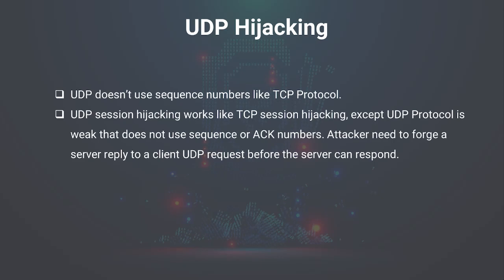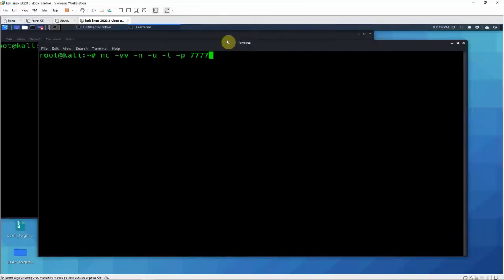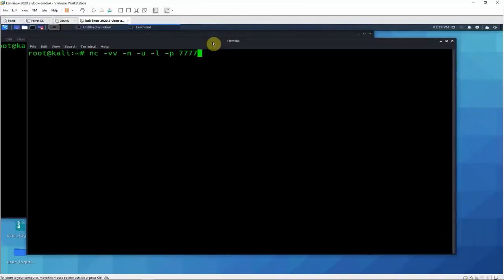So what really makes UDP vulnerable is that since there is no sequence of handshaking, the protocol itself will not use multiple ACK acknowledgement numbers, so the attacker doesn't need to forge any of these. Now in this particular demo, we're taking a look at a very basic example of a UDP connection and how to hijack it. So let's assume that